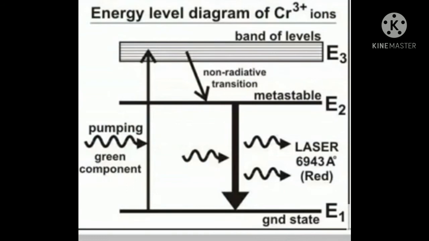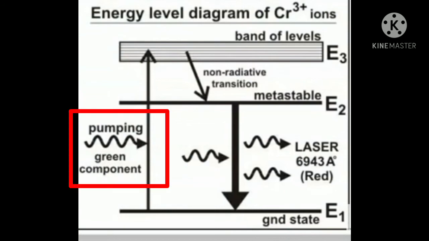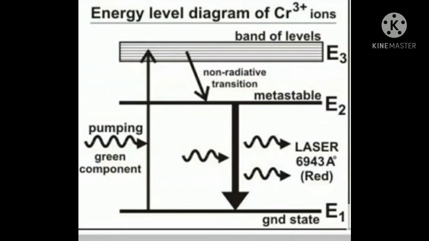So when our xenon flash lamp is activated by the power source, it starts giving out bursts of intense white light. This intense white light helps in exciting, or we can say absorbing, the green component of white light. As soon as the flash lamp starts giving out bursts of white light, the chromium 3 positive ion in the ruby crystal absorbs the green component of this white light and is raised to the